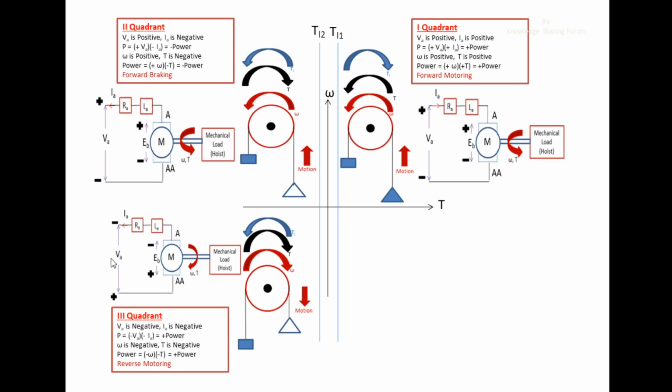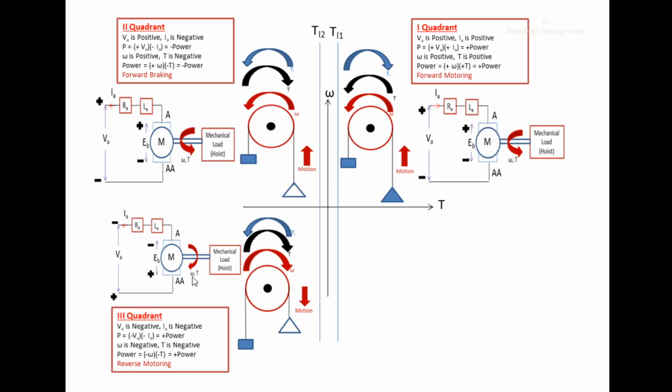Here the armature input is the same as in the first quadrant. Here the electrical energy V and I is converted into mechanical energy, namely speed and torque. Now we want to reverse the speed, right? In the first two quadrants it was in the counterclockwise direction, and now we want to reverse the speed into the clockwise direction. So basically in a DC machine, the speed direction depends upon the armature voltage, or the voltage input which we are giving.